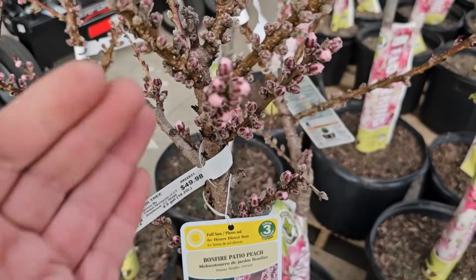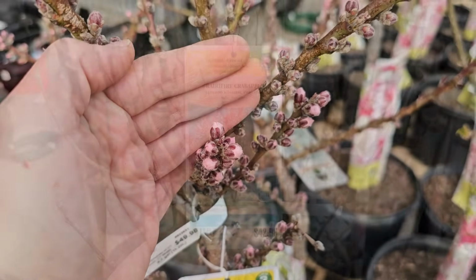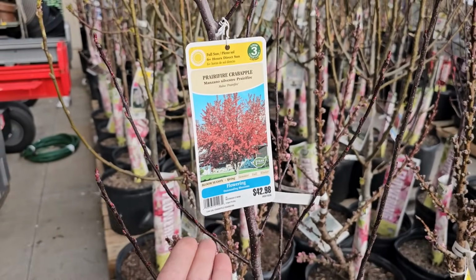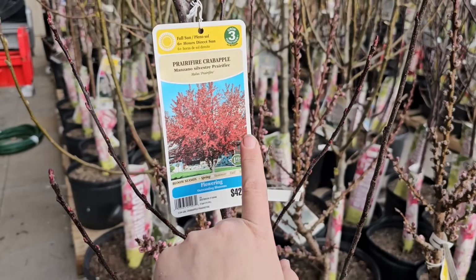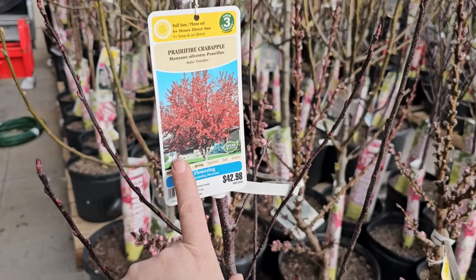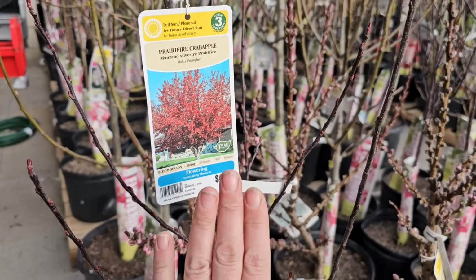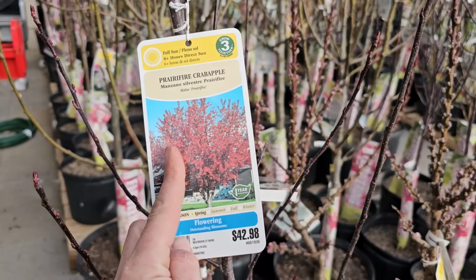$49.98. And look how budded it is. It's going to start blooming pretty soon. They still have some prairie fire crab apples. Now, crab apples are a wonderful source of food for birds. So this variety here, the prairie fire, looks like it has some red foliage in the fall, which is stunning. It'll also get fruit at that point too. So they flower in the spring, and then they will fruit in the fall and get this really pretty red